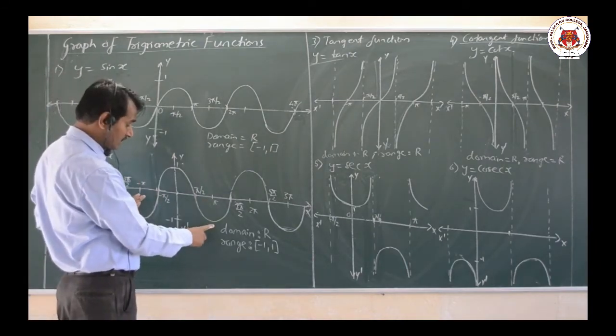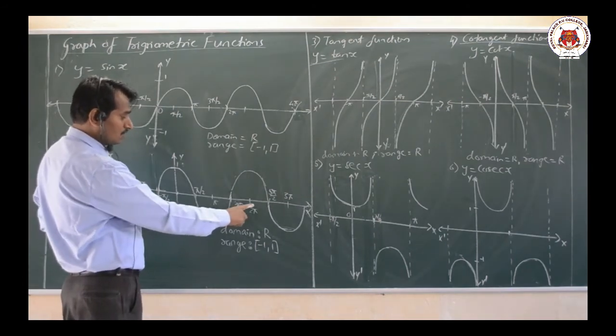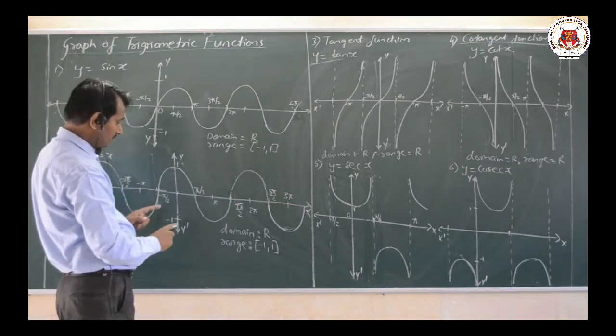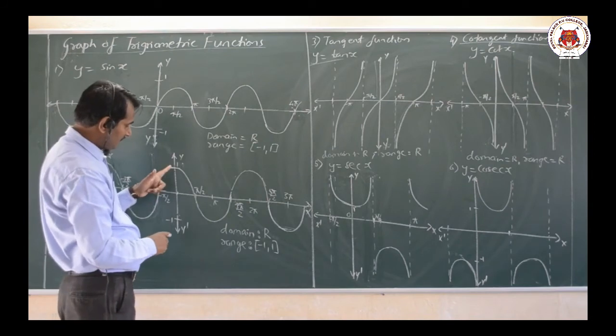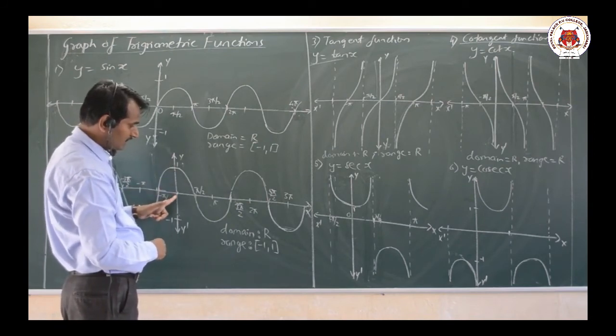It is -1, and here cos 2 pi, again the value will be 1. That means here the interval is repeating from where to where, that is nothing but from 0